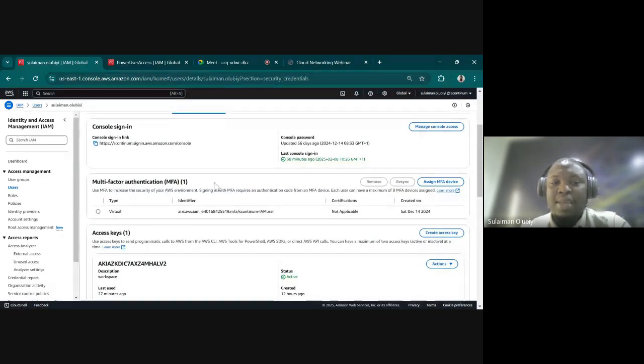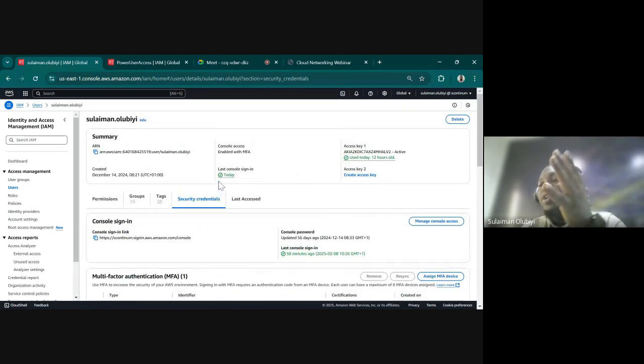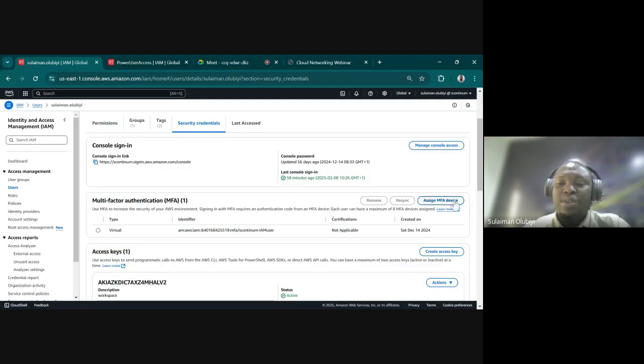Another thing is MFA, multi-factor authentication. Aside from using username and password, it's just another layer of security. We have a lot of MFA options. I know most of us use them. We have Google Authenticator, we have Microsoft, we have FortiGate Authenticator. It's something you can download on your phone, then integrate directly to your account. Just click on Assign MFA,